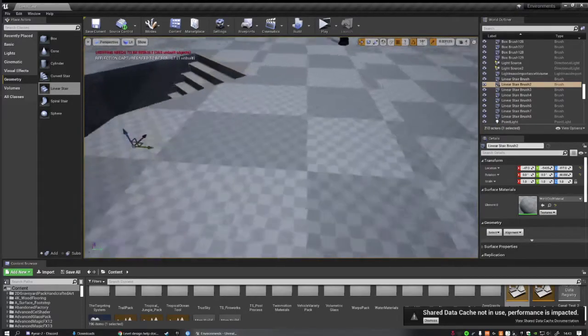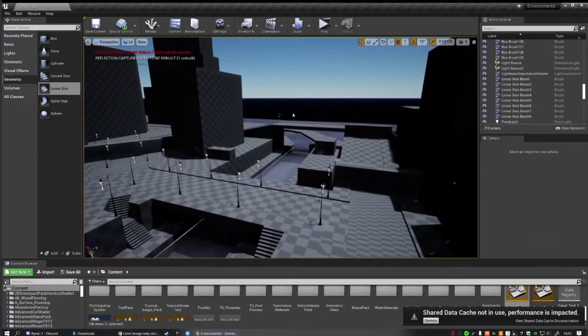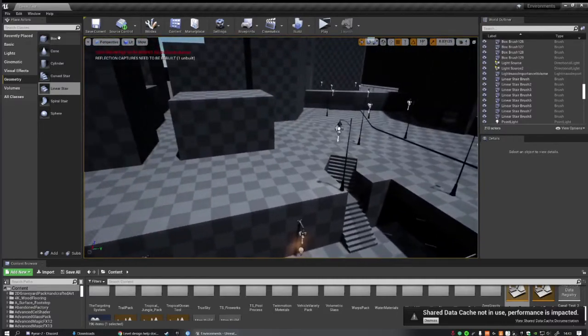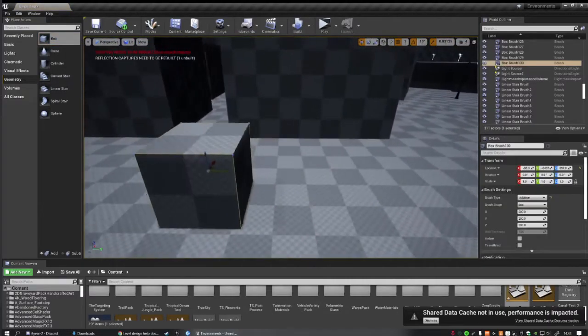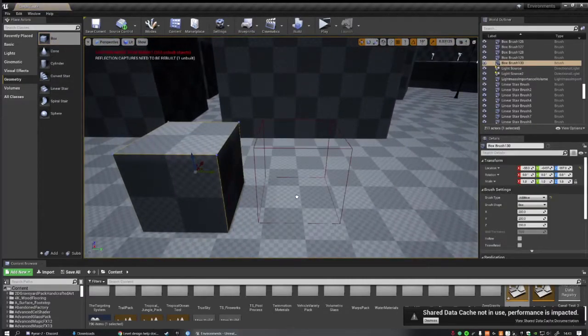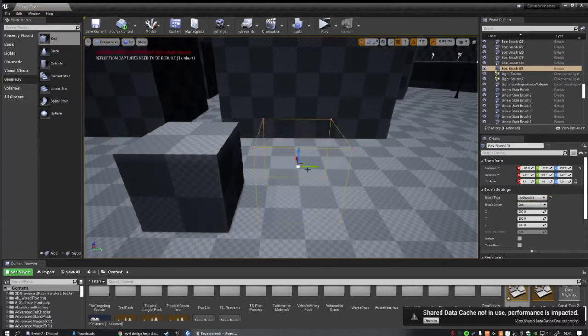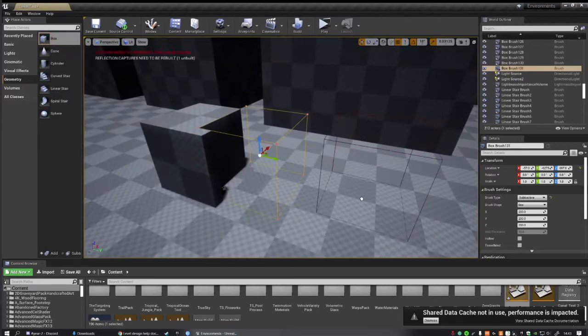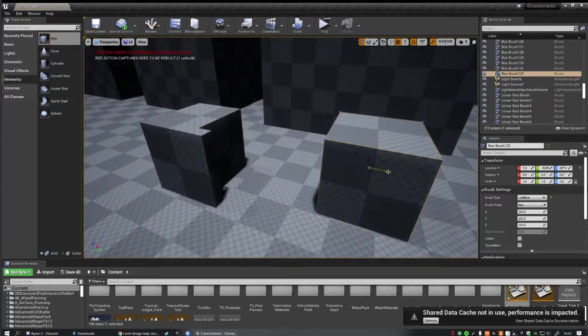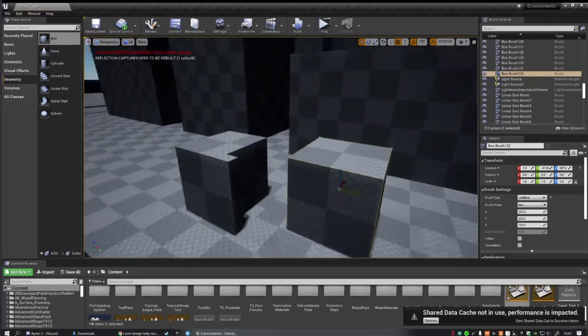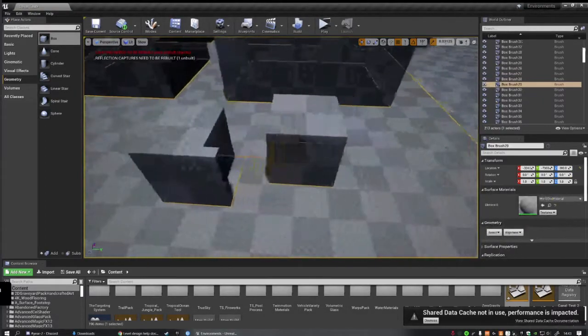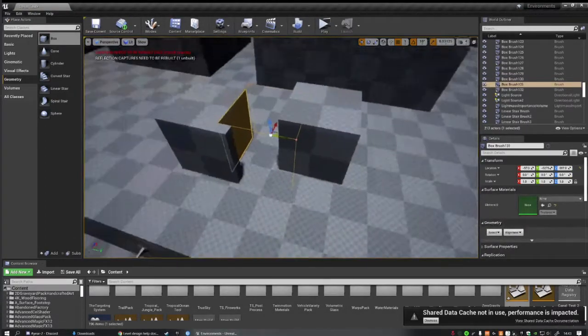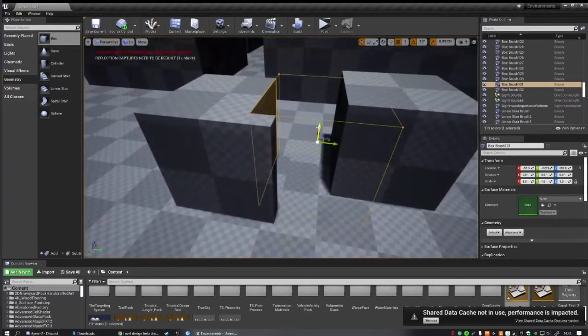because it's not updated. So basically, if you throw down a cube and then another cube and make that subtractive and take a chunk out of that one, I don't know if this is going to work now, but then when you drag in a new cube, you can see it doesn't subtract. It should, but it doesn't. So all you need to do is